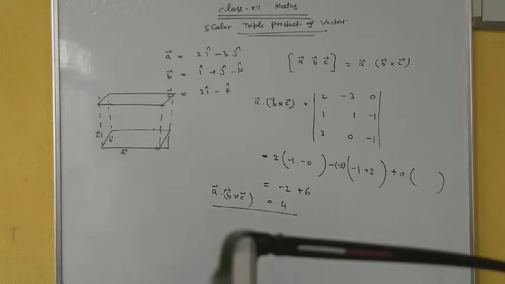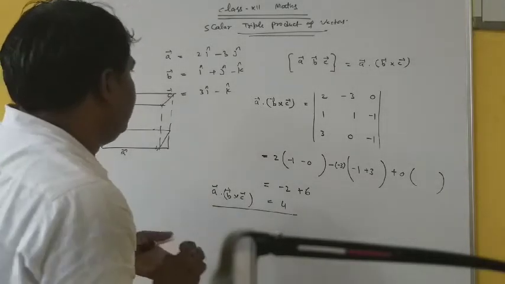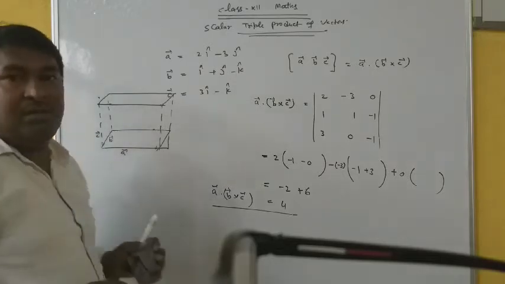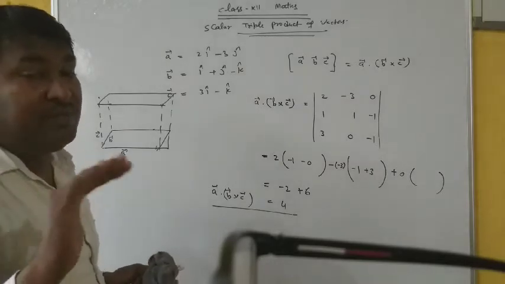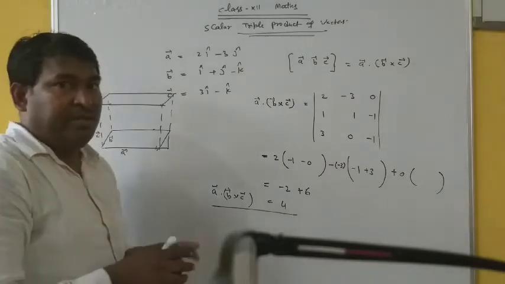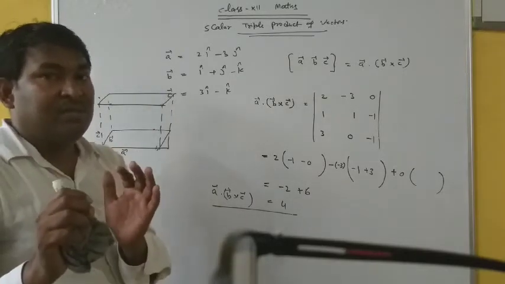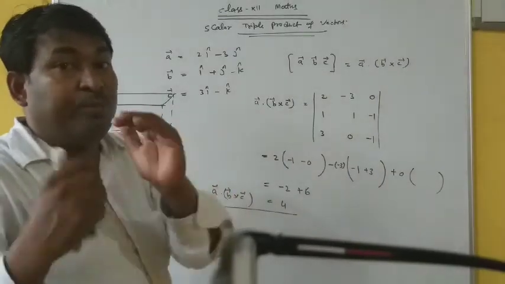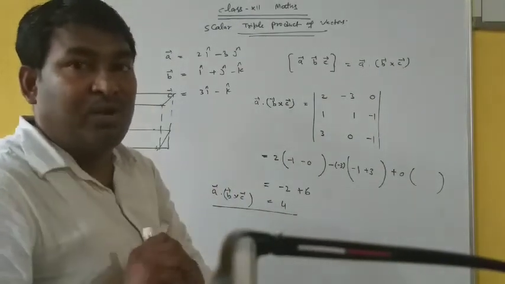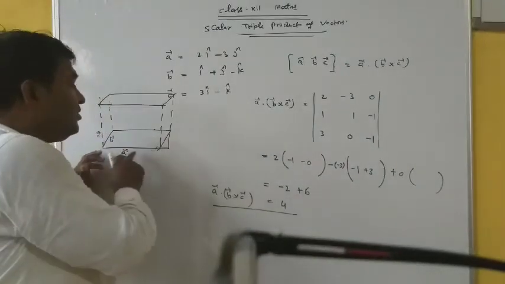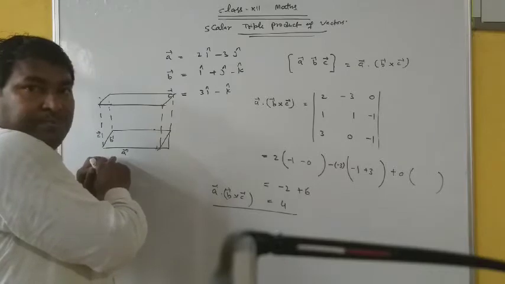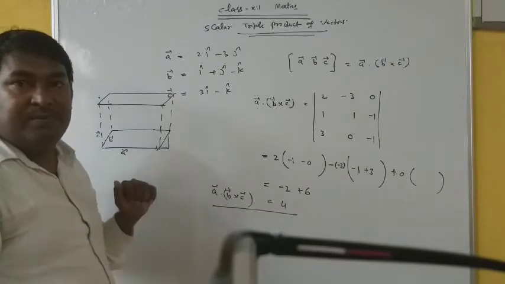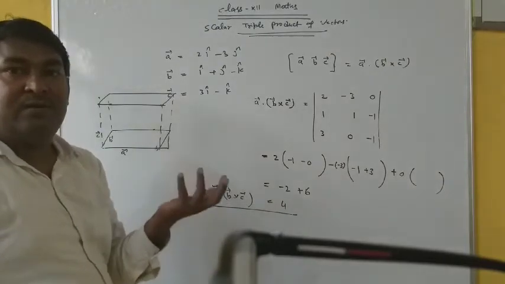Now see, by this concept, it is quite obvious that suppose three vectors A, B and C are given and all three are in a plane, meaning coplanar. If three vectors are coplanar, they cannot form any parallelepiped. It means if they are in a plane, then there is no volume of a parallelepiped at all. So if you calculate the volume by taking three vectors and you get volume as 0, it means they are not forming any parallelepiped. The conclusion is that they are coplanar.